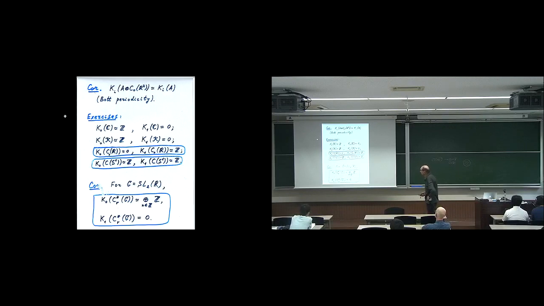of K-theory. And the corollary for SL2R is that the K-theory decomposes into the direct sum of infinite copies of Z. Now these numbers n, for n not equal to 0, correspond to discrete series. Each point in the dual gives you a copy of Z, because for complex numbers you have Z. K0 is Z. And for n equal to 0,